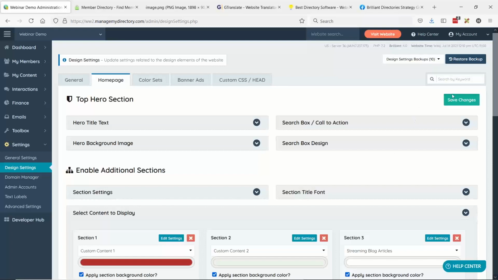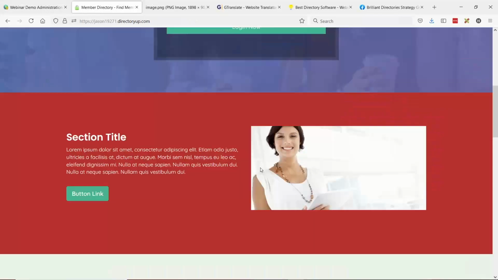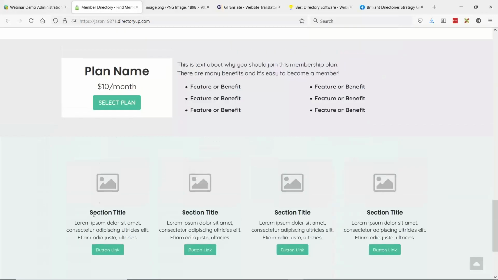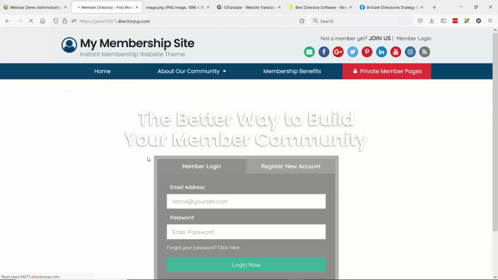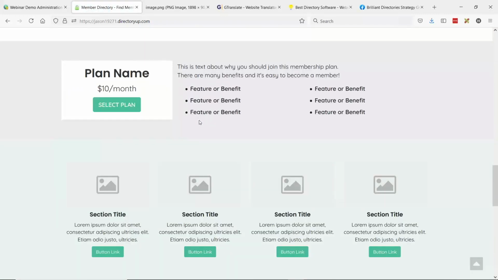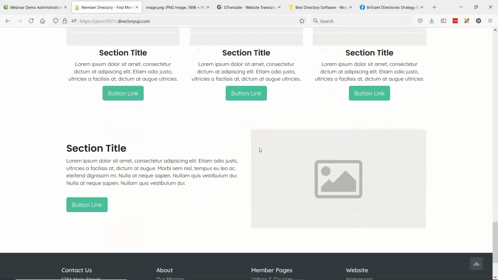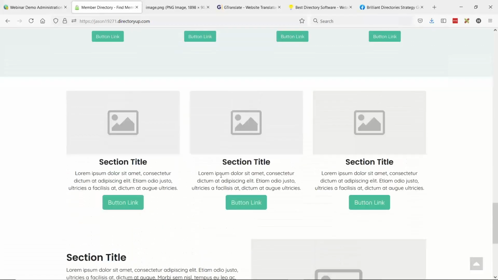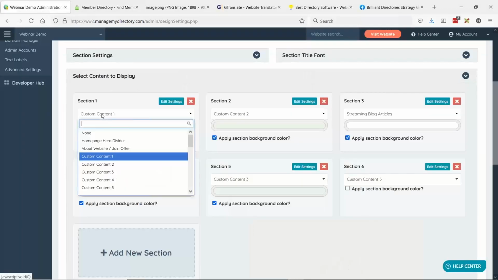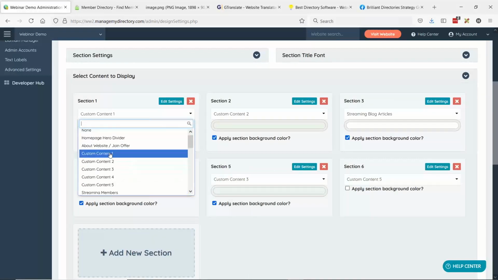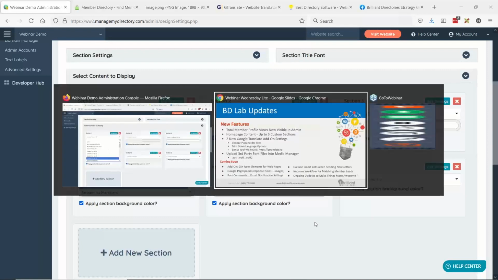Okay, and I'll just double save the changes here. So what we had as the last element here before was this greenish color with these 4 action boxes. We'll refresh the page. We should have another section down here. Yep, here we go. So this is what I just created, custom content 5. So that's really nice. It is available for everyone, and hopefully that'll improve the quality of life of using this section of the homepage settings.